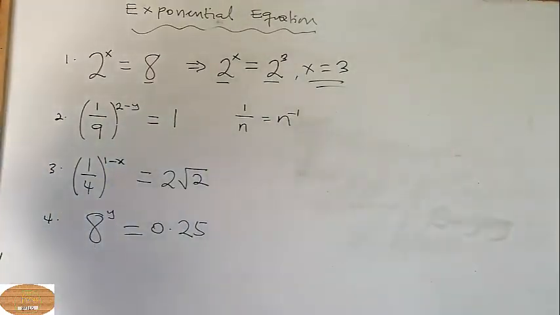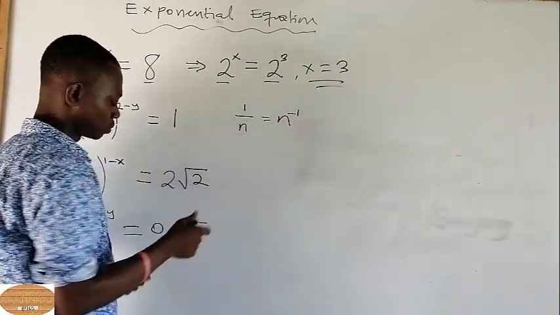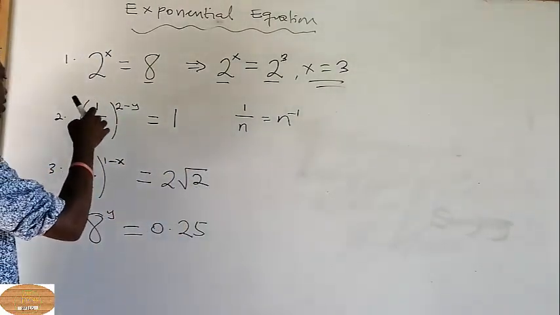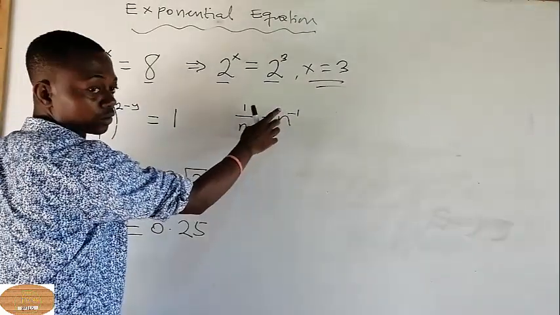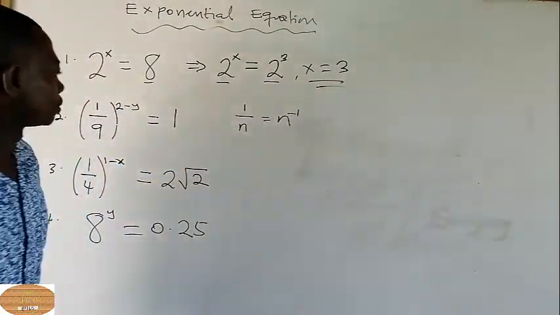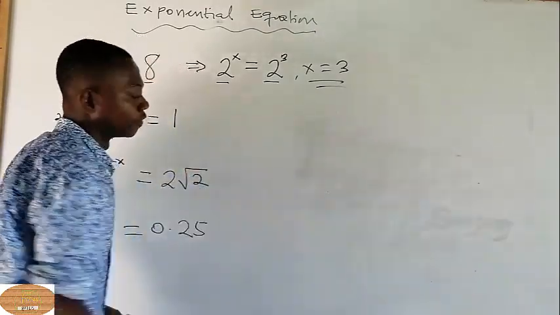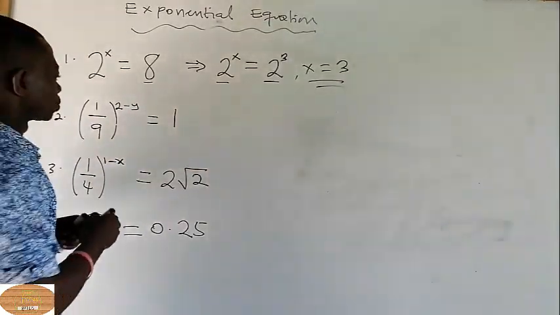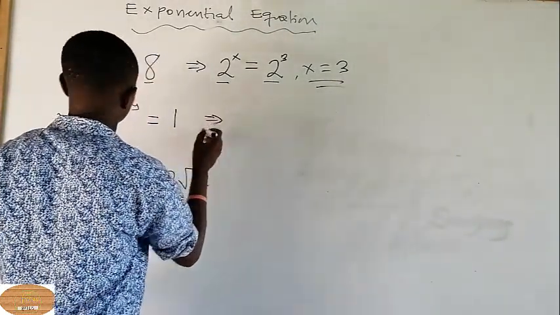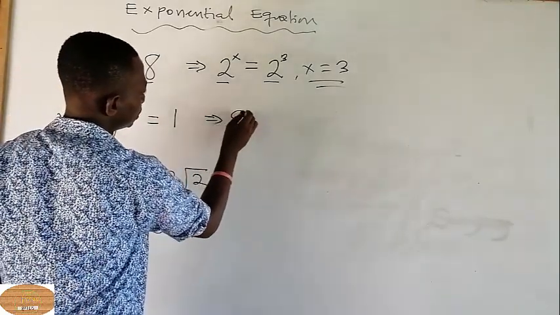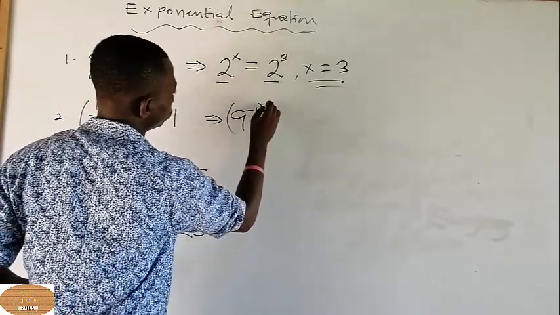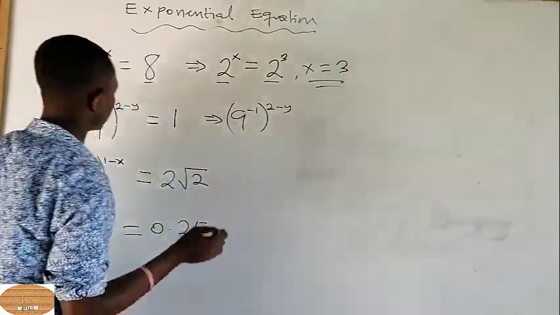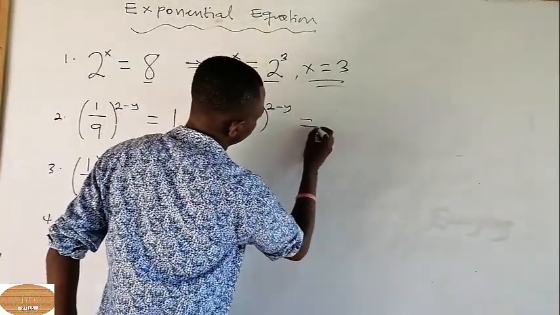So we are going to change this one into that form. So I'll write 9 to the power minus 1, then my 2 minus y will come, equals to